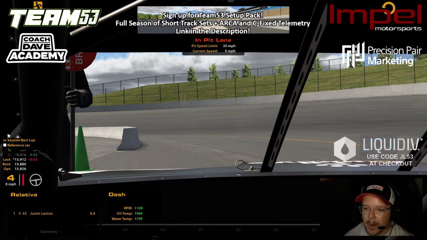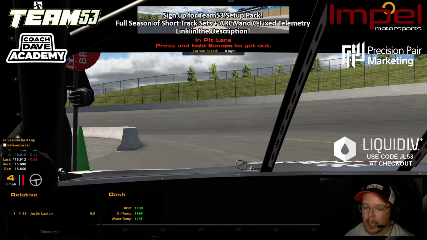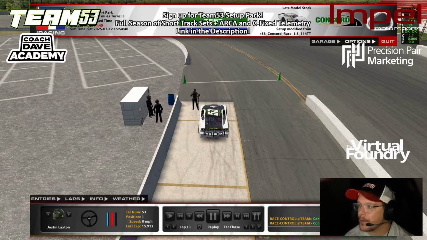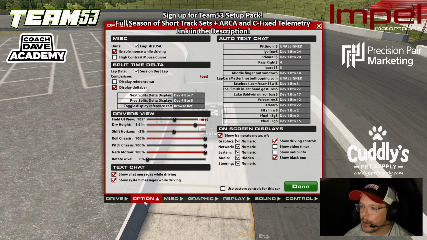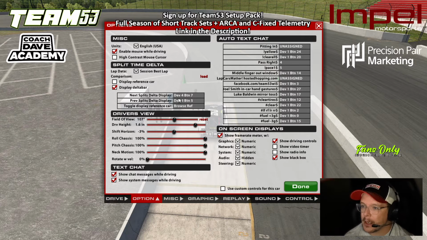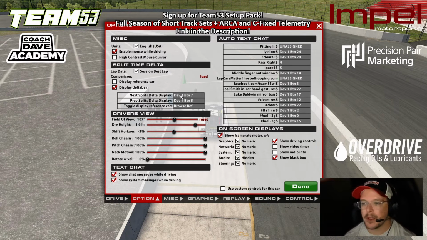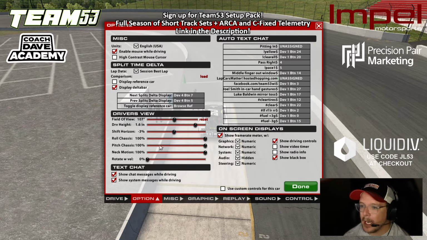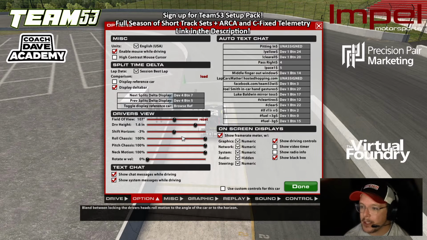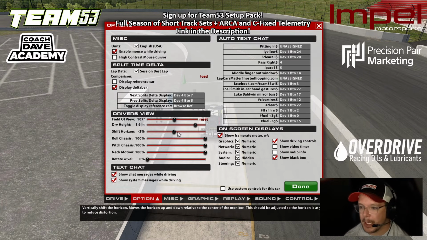I have this reference bar. This is set up, and I've shown you guys how to do this in other videos, but we can go into it here. You just go into your options, you go under option, and you check the display delta bar. I have buttons set up so that I can toggle my different delta bars to be able to help me a little bit. And you guys can see here too my FOV